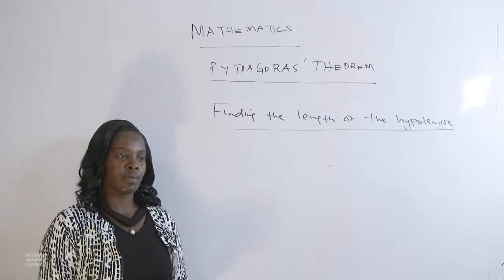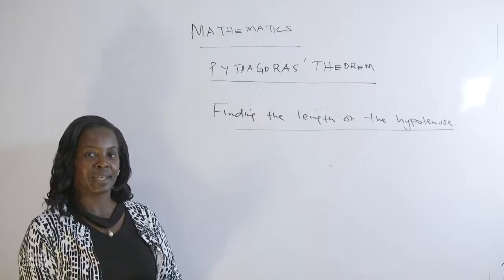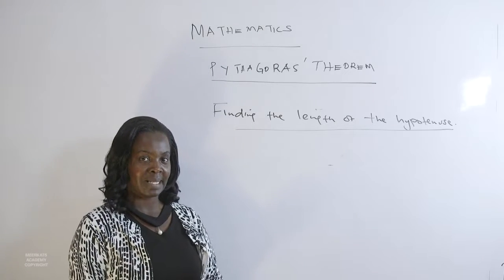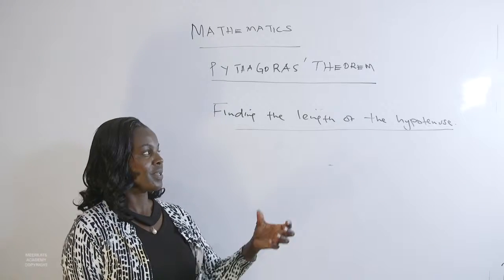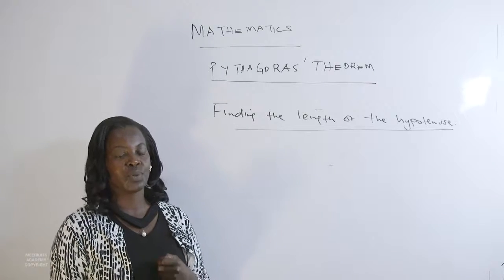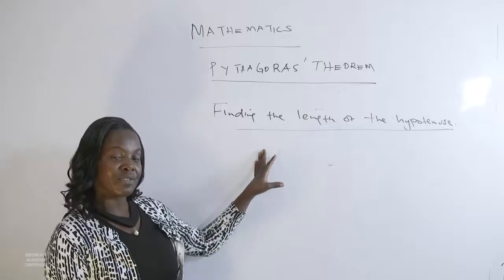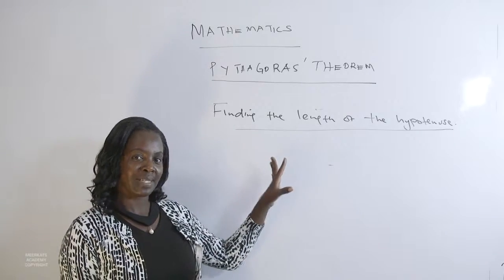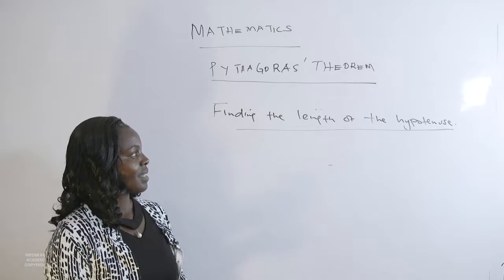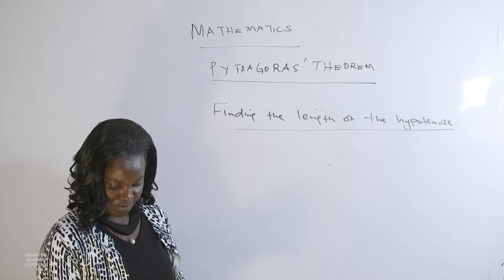So when we have the Pythagoras theorem, that means we have a right angle triangle. Then you have two sides which are known and one side is unknown. How do you go about it? Pythagoras theorem again will help us to determine the other side of a triangle that is unknown. For example,